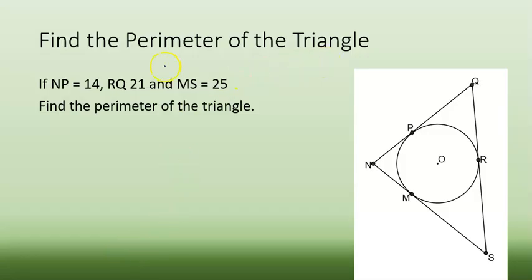One of the hardest times for students is to realize that they can put things together to create an answer. So when I'm asked for a circle that's inscribed in a triangle, and it's asking me for the perimeter, and say it gives me NP, which in this case is 14, and QR, which is 21, and MS, which is 25,